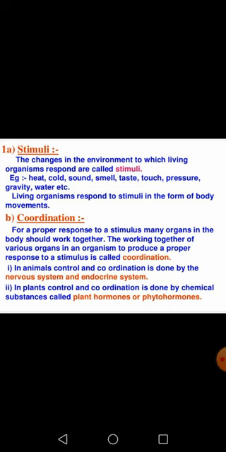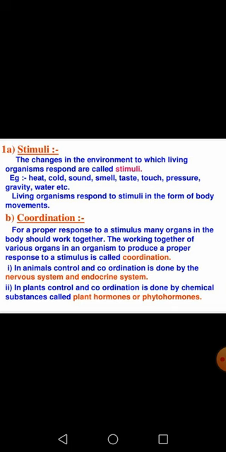The first system is called the nervous system, and I think you have studied about it in class 9th in the tissue chapter. The second system is called the endocrine system. The endocrine system includes various endocrine glands and their hormones and secretions. Combined, these two are called the neuroendocrine system, which is responsible for control and